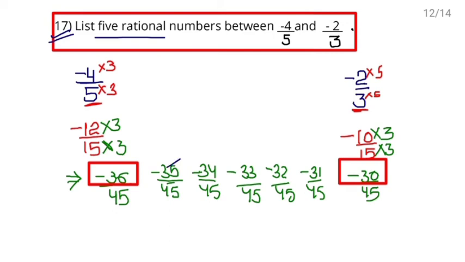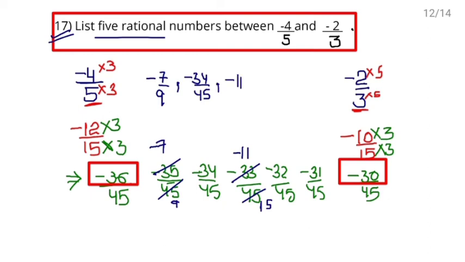But as you can see, in some rational numbers, numerator and denominator are divisible by same number. So you can cut them. 5 7s are 35, 5 9s are 45. So minus 7/9. One rational number. Second is not divisible by any same number, so it will remain same, -34/45. Third divisible by 3, 3 1s are 3, 3 1s are 3 of minus sign, 3 1s are 3, 3 5s are 15. So third is -11/15.